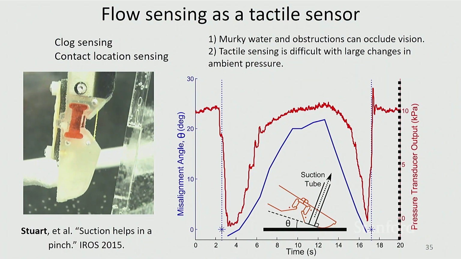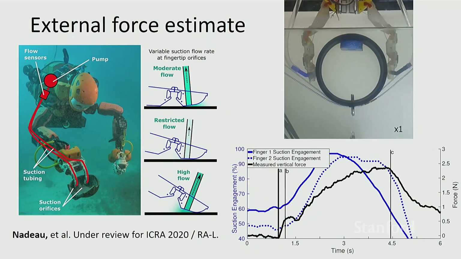So here you're getting a nice analog, slow, steady-state signal, but you also have these dynamic events superimposed on top. That's not something we've done anything with yet, but I do think it's a cool area. It's a really complex signal, which is different from a lot of sensors that you usually would want to integrate with a hand, but it's very rich. Okay, so I'm not going to go into this too much. Again, it's